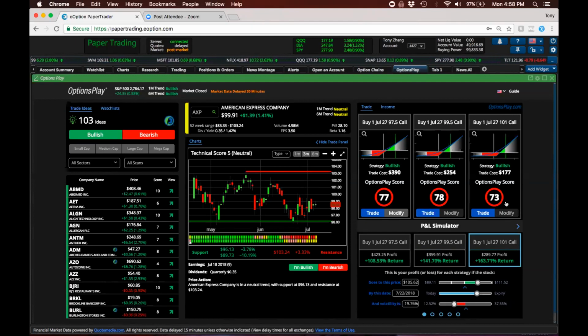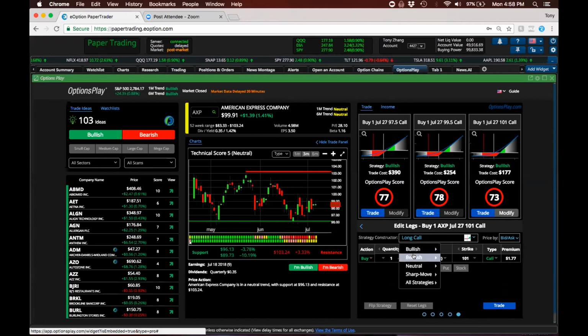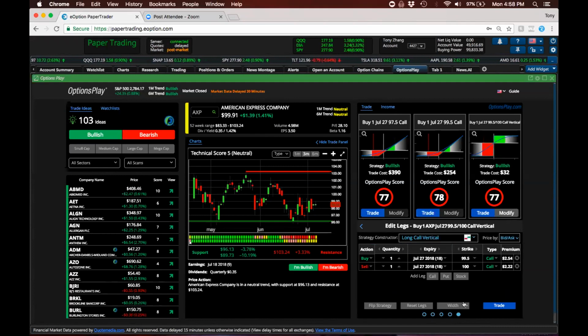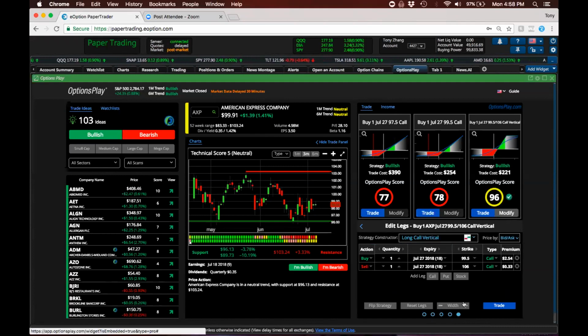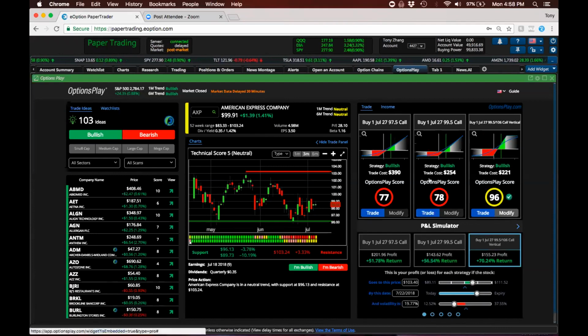So this really allows you to play around with different strategies, use the P&L simulator so that you can see exactly what your expected profit is, what your expected losses are, and you can play around with all of these strategies, change the expiration date, the strike prices, even the strategies themselves. So if you don't want to compare a call to another call and you want to compare a call to a vertical, you can do that instantly by clicking on this, setting up the vertical that you're looking at, and using the P&L simulator to say, what are my expected returns, so that you can quickly see, hey, in this particular scenario, I might be better off trading this call vertical because it gives me that higher return if the stock goes in my favor.